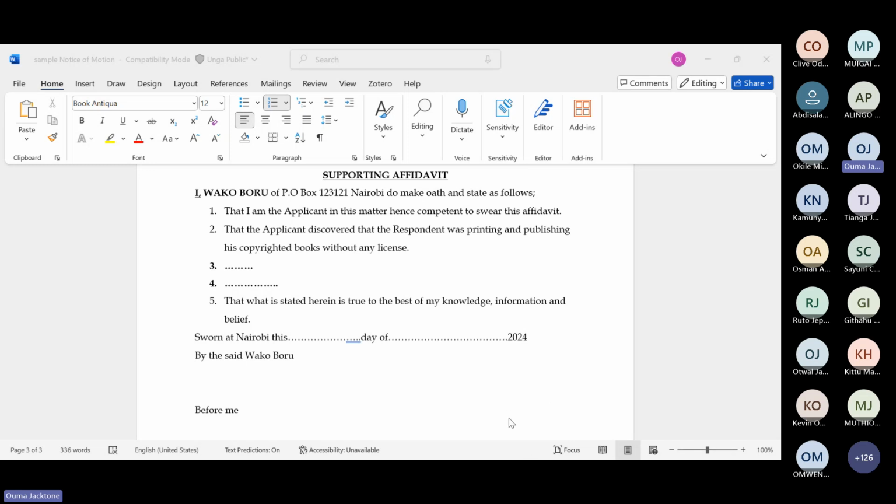If you have evidence, for instance, the question tells you how did you know that he's printing the books at his office? Maybe you found a copy of the said books that have been printed, and at the back, they have an address of where they were printed from, which is the defendant's premises.